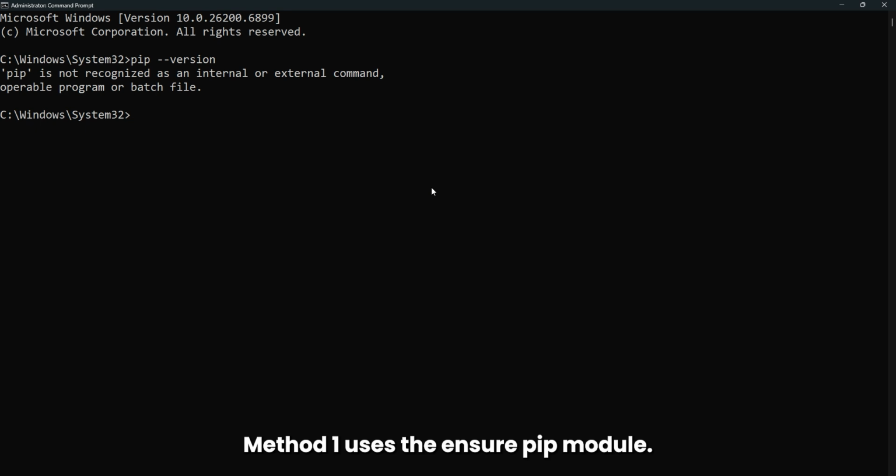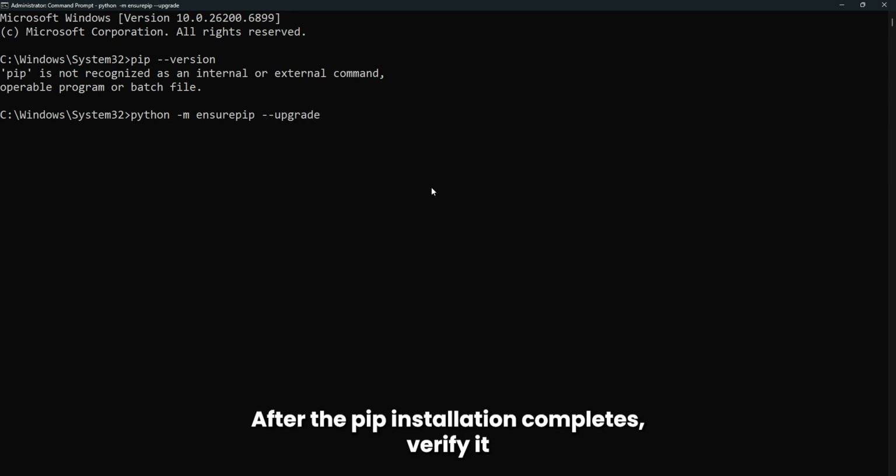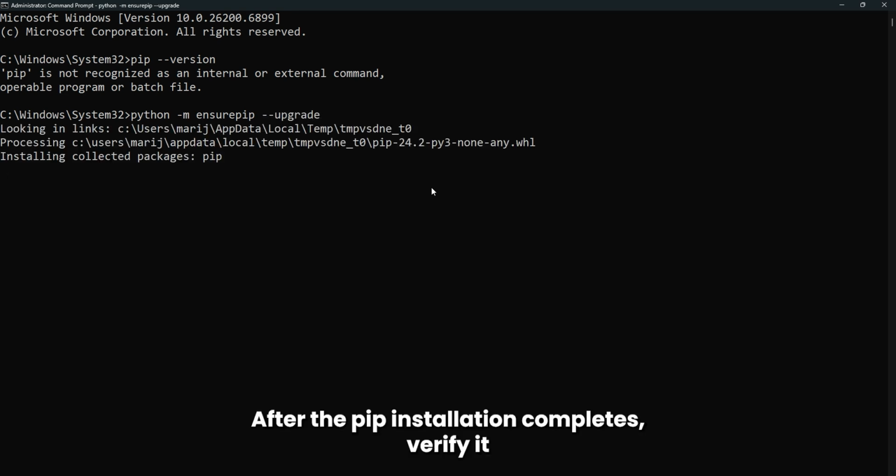Method 1 uses the ensurepip module. Type the command python -m ensurepip --upgrade. After the pip installation completes, verify it with